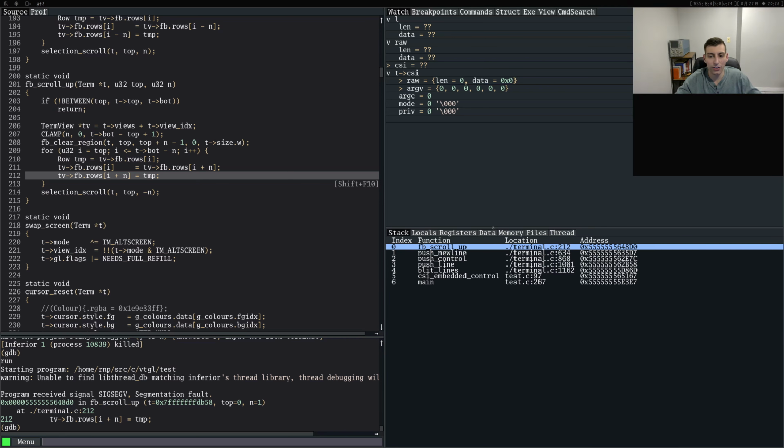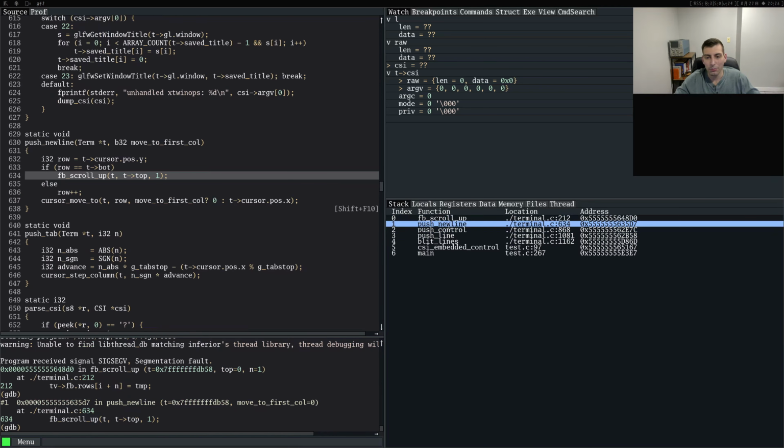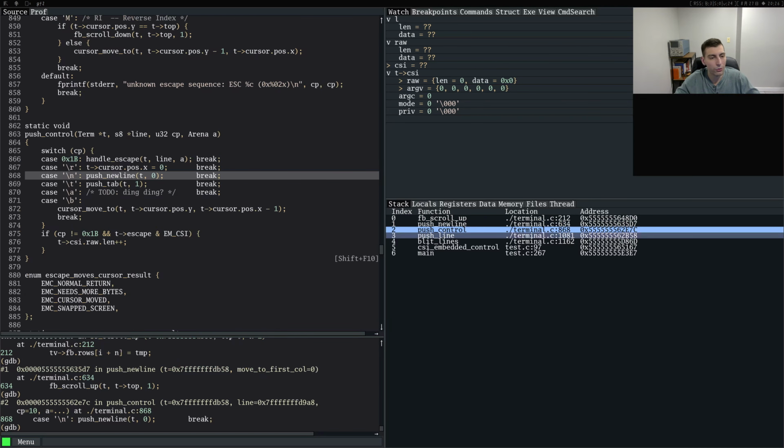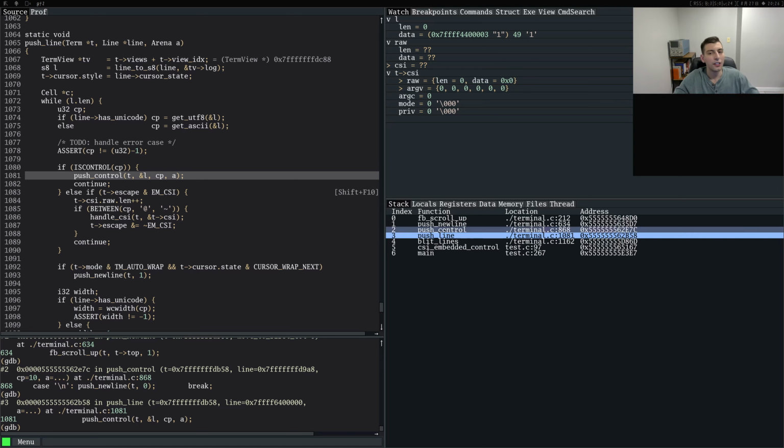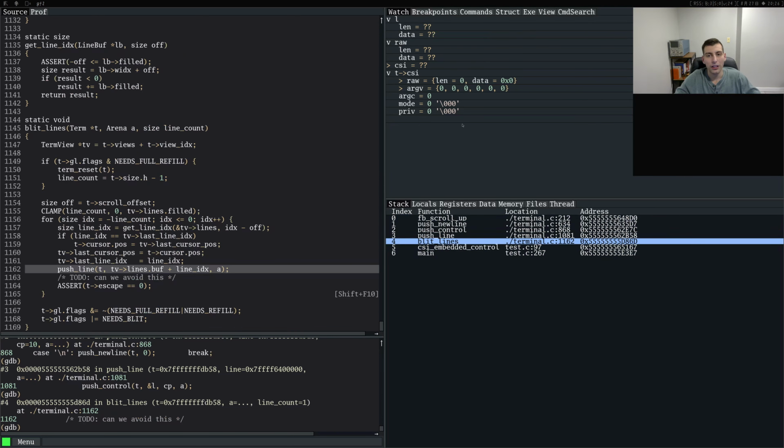Go through the stack here quickly. So push new line, push control, push line. You got into here, we had an L with a 1 and a length of 0. Blit lines, what was going on in the old blit lines here? So we had